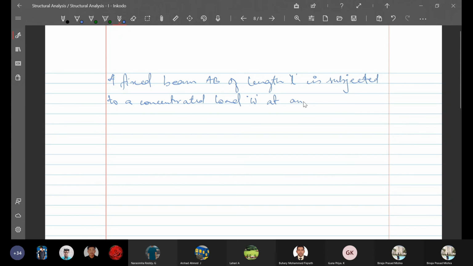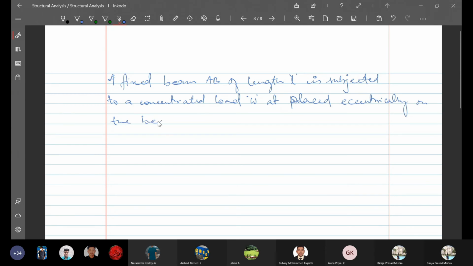So here I can write: a fixed beam AB of length L is subjected to a concentrated load W placed eccentrically